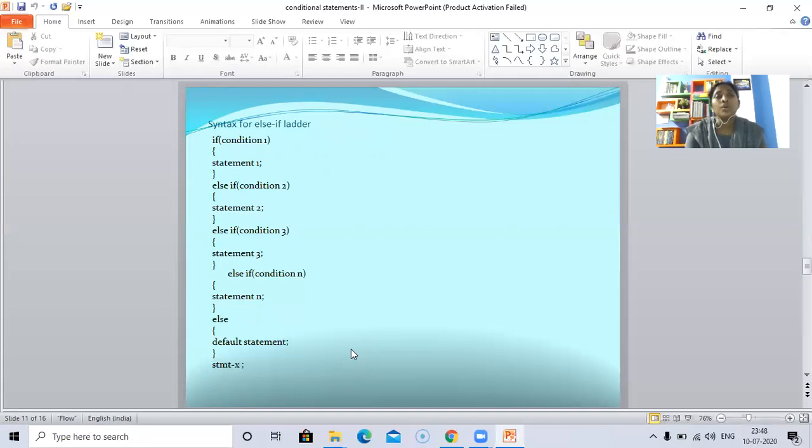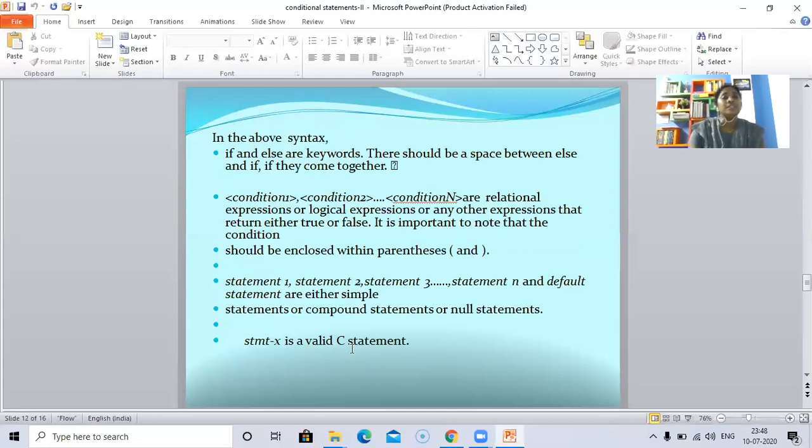So it goes on checking the conditions one by one until any of the conditions is satisfied. Finally, if none of the conditions is true, then the default statement gets executed, and finally the statement X gets executed.